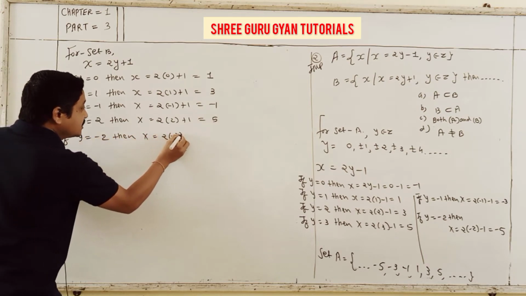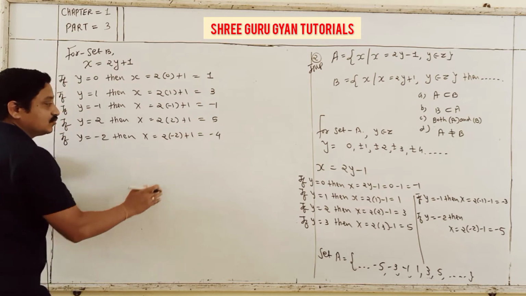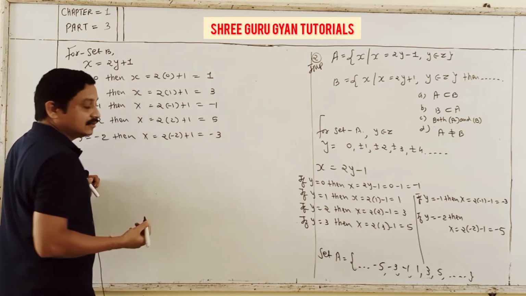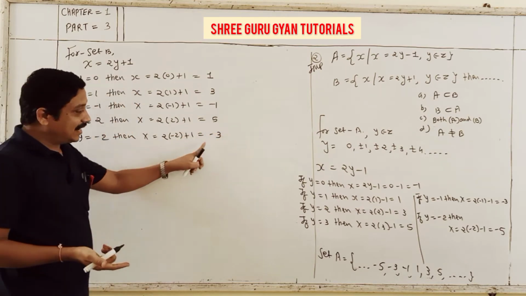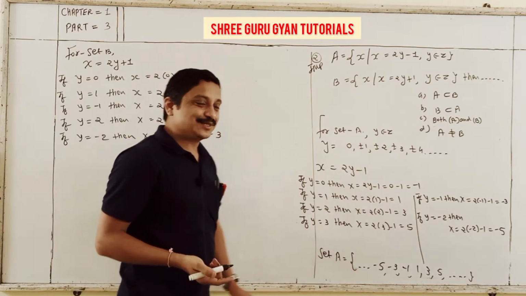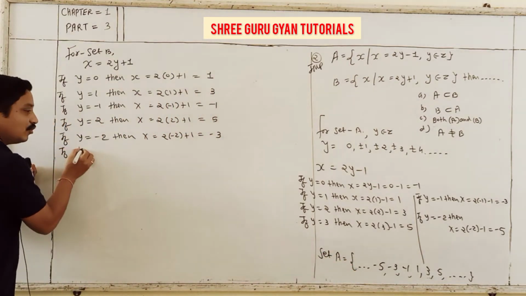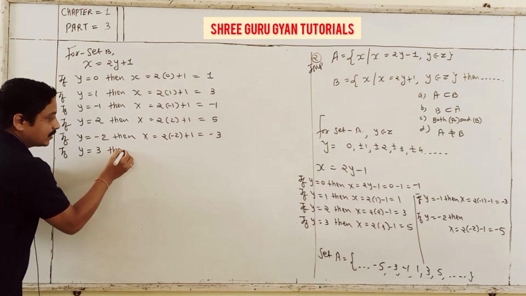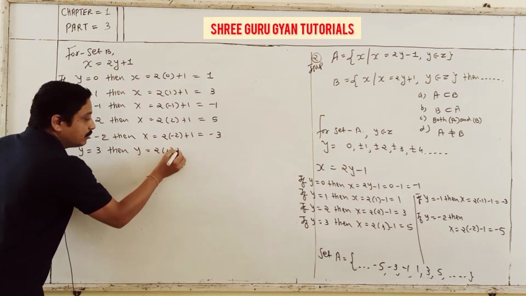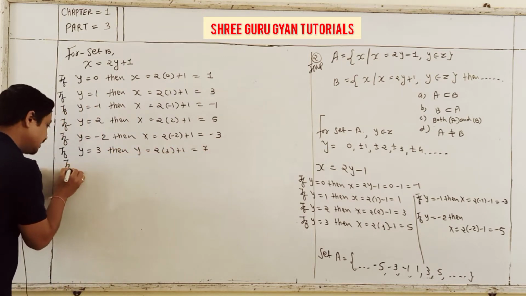Now ending this sum, it will be -4 + 1 = -3. It means indirectly this and this are, I think, the same. If I take one more number for your better understanding, 3, then y = 2 × 3 + 1 = 7. And -3 taking then